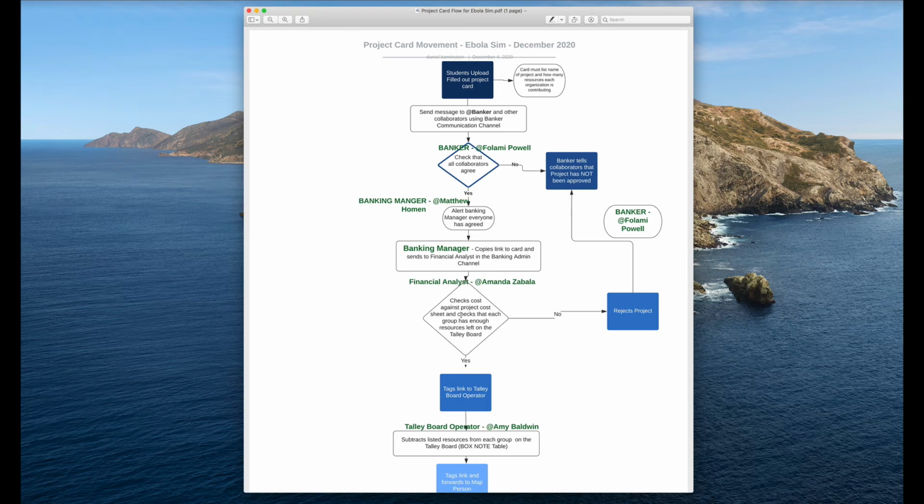And then do they actually have the resources? So if they either did their math wrong and they didn't have enough money, or they had too much money for the project, or if one of the organizations doesn't actually have the resources, she will reject the project. She then notifies the banker that the project's been rejected. The banker then goes back to that group and says this project has been rejected. The new unique codes should help us keep track of which projects we're actually rejecting. So if she rejects it,